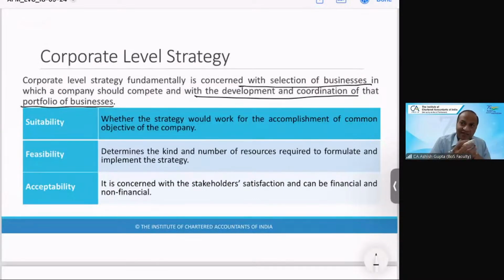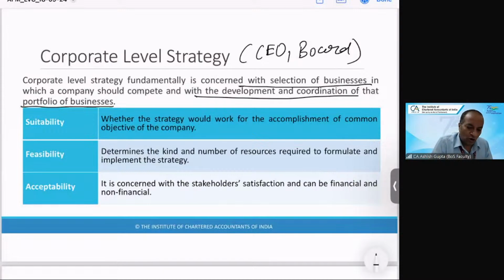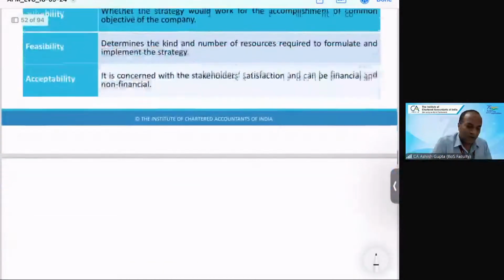So ultimately, what steps do they have to take, like acquiring another business, or sometimes they may decide something bigger. Generally, here in corporate level strategy, the constituents are the CEOs and board members. At the corporate level, they have to see how to combat challenges and how to make growth. So they may decide that of course we should take this business. All decisions are taken at this corporate level unit.